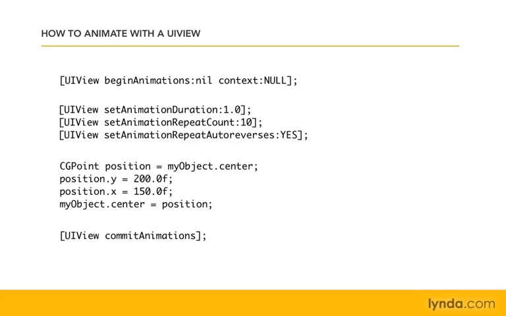So while you can, of course, do a few more complex transformations than just moving the position of something, this is the general idea when you're animating with a UIView. And if you're at least reasonably clear on the idea of what's being animated, that we're gathering a bunch of changes together and marking the start and end of them with beginAnimations and commitAnimations, well, in the next section, we'll go ahead and actually write the code to do